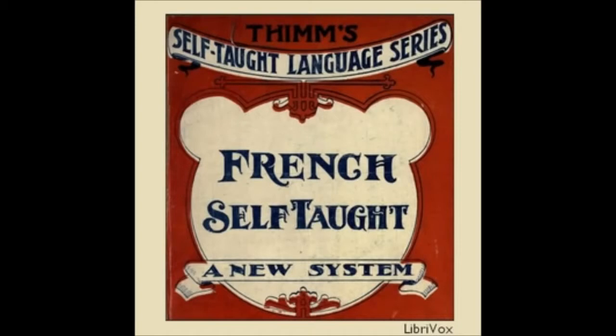12. Fishes and insects. A fish, un poisson, a pike, un brochet, a salmon, un saumon, a carp, une carpe, an eel, une anguille, a trout, une truite, a herring, un hareng, oysters, des huîtres, a crab, un crabe, a crayfish, une écrevisse, a turtle, une tortue, a whale, une baleine,